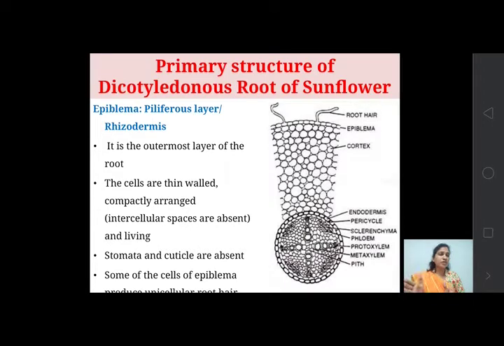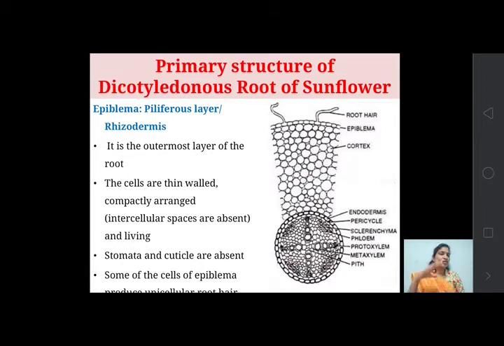You know the difference externally, that is morphologically, we can differentiate dicotyledons and monocotyledons. In dicotyledons, which type of roots are present? Yes, it is a taproot system. But in monocotyledons there is an adventitious root system. But internally, how do they differ? Let's see.